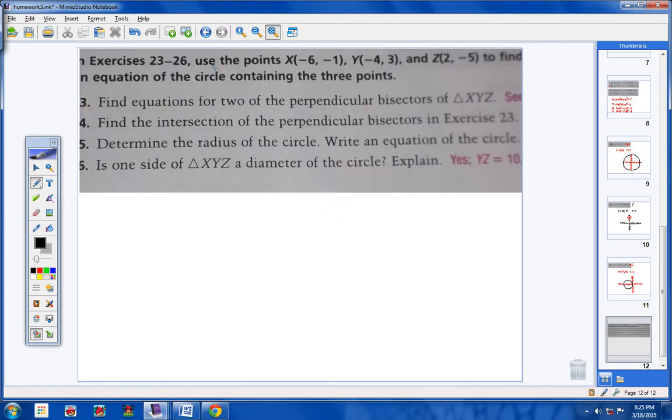Okay, for numbers 23 through 26, they want us to use these points here to find the equation of the circle containing those 3 points. So they've kind of walked us through the steps here to help us, okay? First of all,